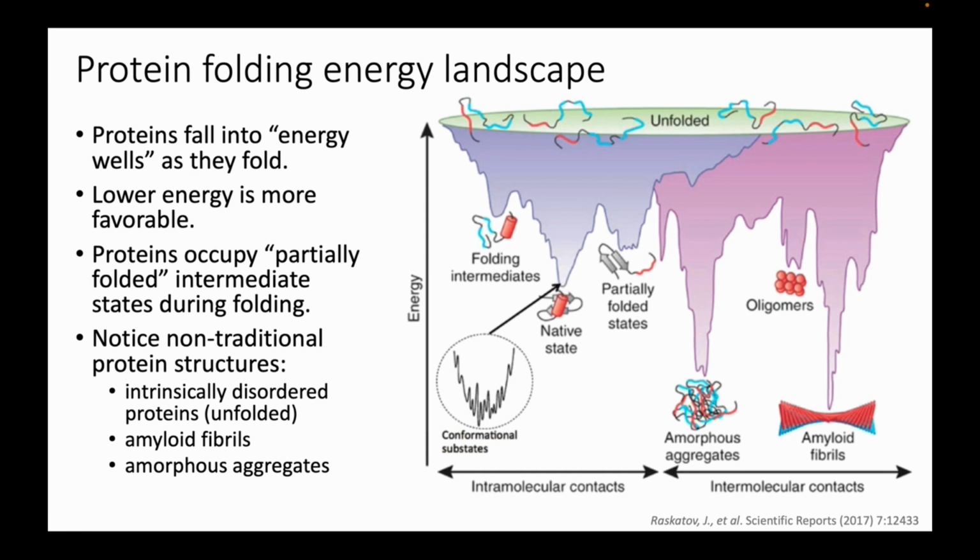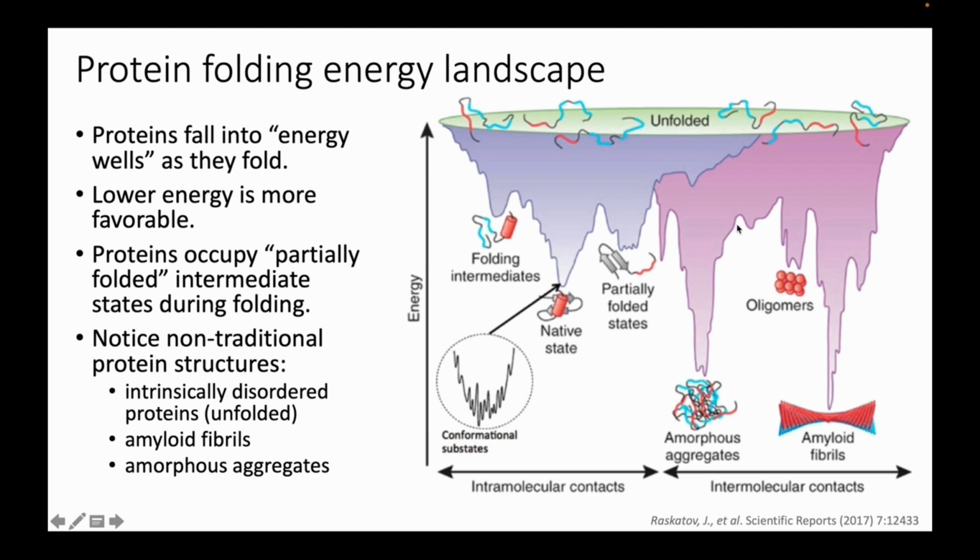As a protein is folding, it tends to get partially folded into a certain folding intermediate. So maybe this alpha helix folds up, but this beta sheet isn't quite there. That can be a somewhat stable conformation, but it's not the lowest energy minimum the protein can find. Or it could take a different path where maybe that beta sheet folds up, but the helix isn't quite there. Also notice in this diagram, we have this darker purple color, which indicates normal protein folding pathways. The protein starts unfolded and falls down into these energy wells until it adopts its native folded